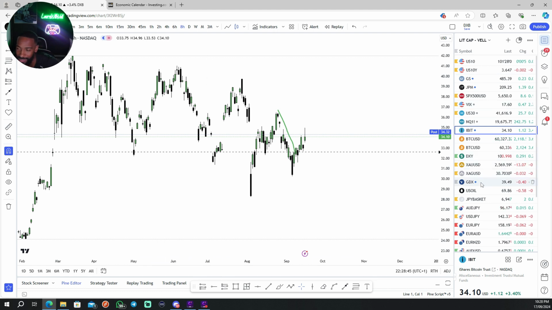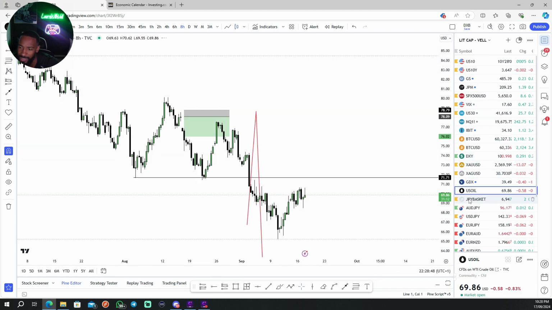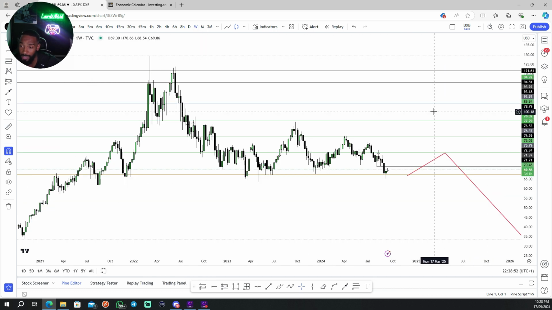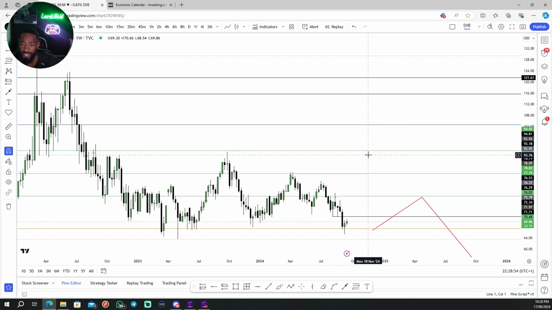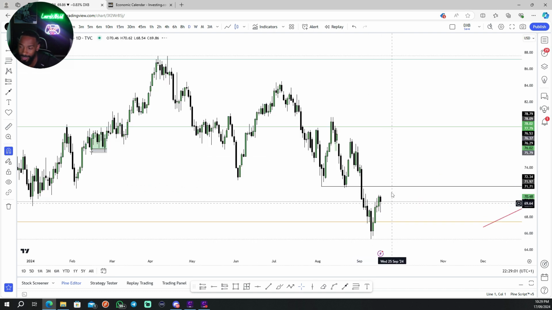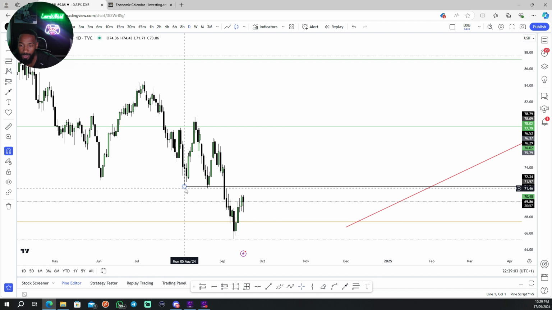So we just have to sit on the sidelines, guys. There's no problem with sitting on the sidelines. Now, I'm going to show you guys oil, because I think oil could be a really nice move for us, guys. It's been sitting inside of this area for quite some time. We want price to push up. If we can get a pullback on this, guys, we are going to have a very juicy sell.